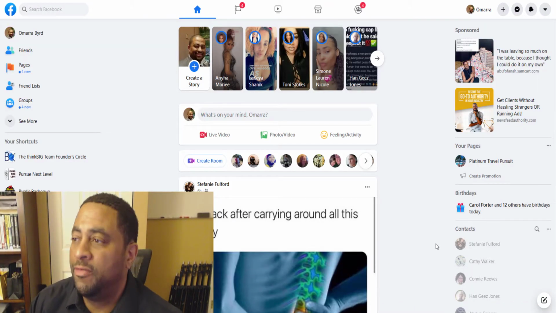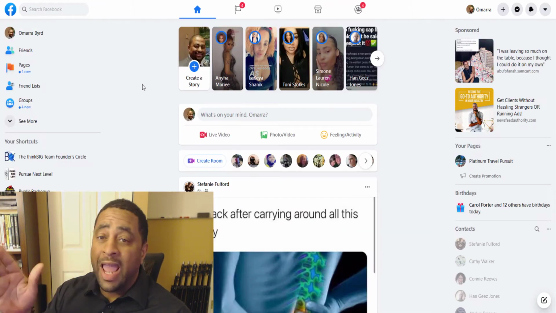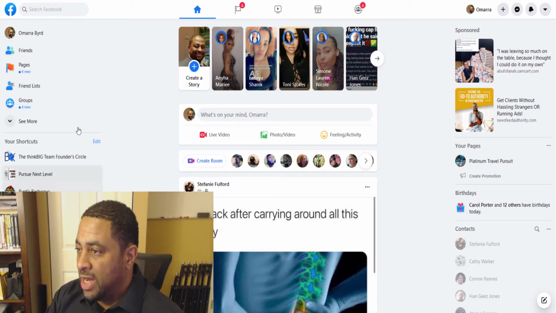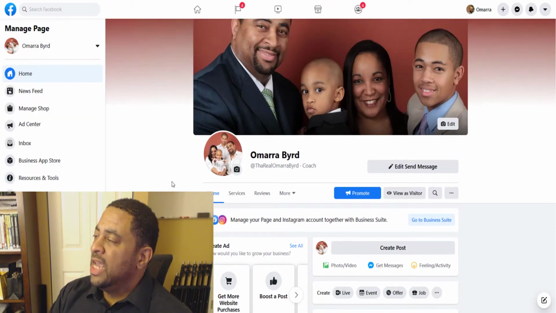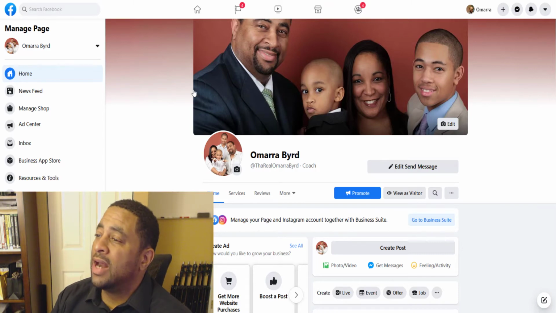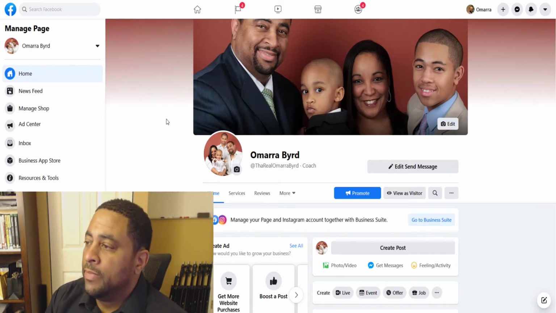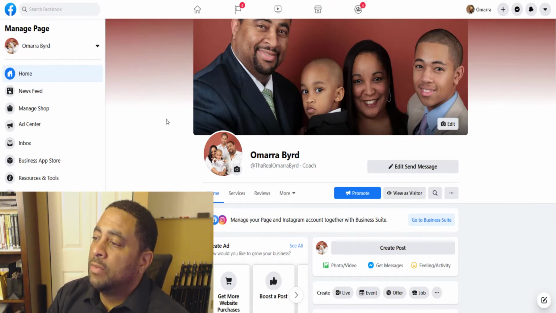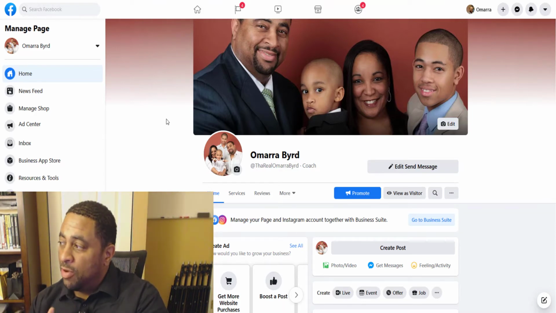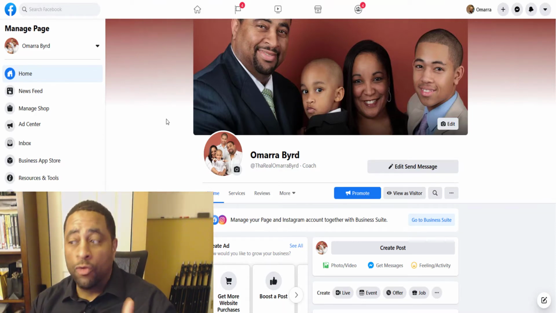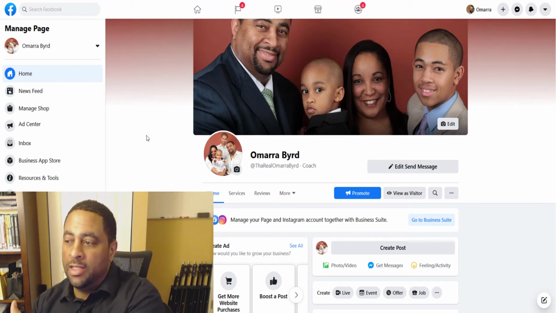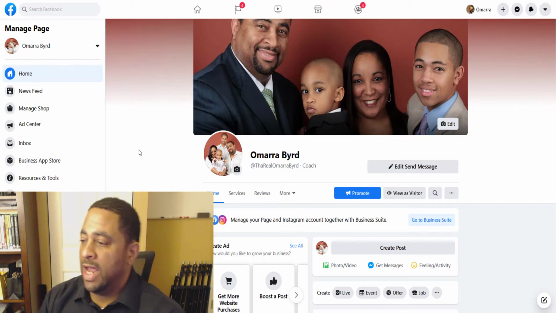So let's go ahead on over to Facebook so that we can look at how to set up your profile. So this is one of my fan page profiles right here, and it has my kids on it, and that's intentional. I do not have my cover photo promoting a product, although you could. I prefer instead to have something that helps people trust me more, because I'm going to use the content that's on my profile, the content that's in my group, the content that's on my fan pages to drive leads to me without spending any money on ads.